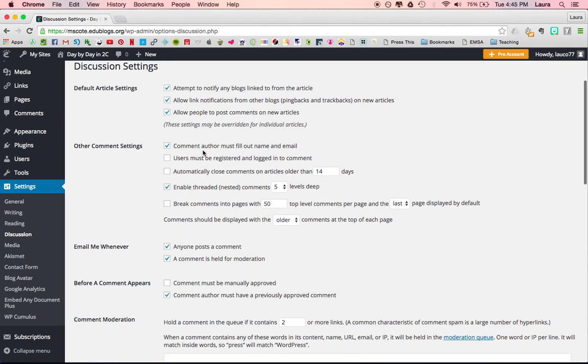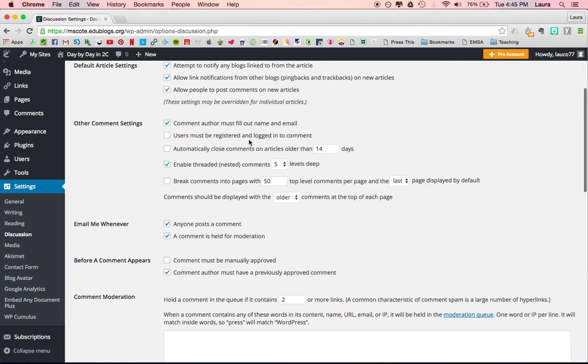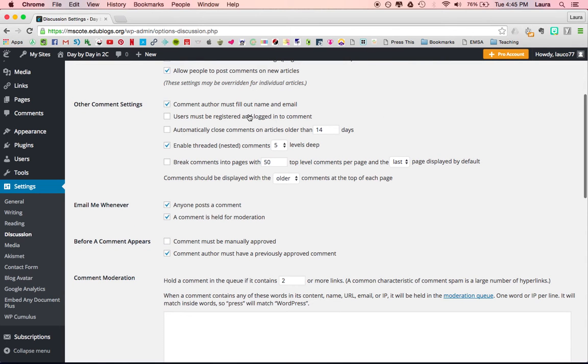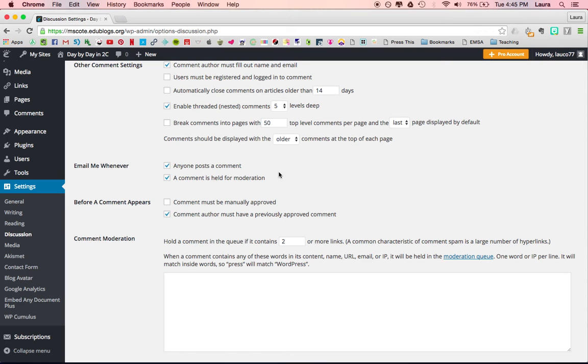I do want the author to have to fill out a name and email. I don't want people to be allowed to be anonymous. That just can lead to trouble. So yes, I don't want them to have to be registered, however, because that would mean that all the parents would have to register for an account with Edublogs, which you don't want necessarily. The rest of this I just left as is. The main ones I want to show you is